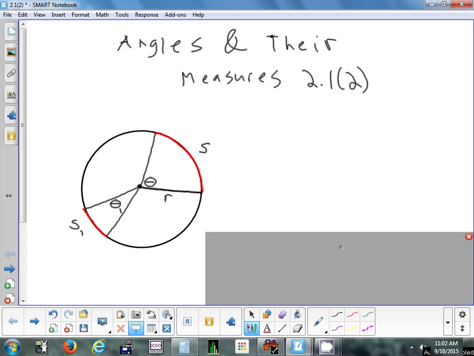Anybody know the name of that Greek letter? Circle with that line in the middle. No? That's theta. So this is the Greek letter theta. Just think of it as a variable. It just represents an angle we don't know. And the angle theta here